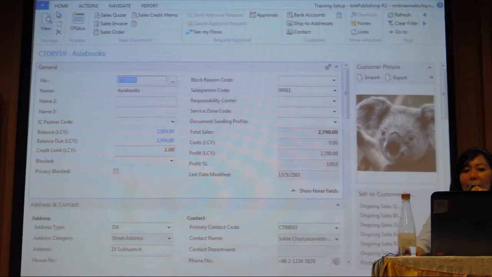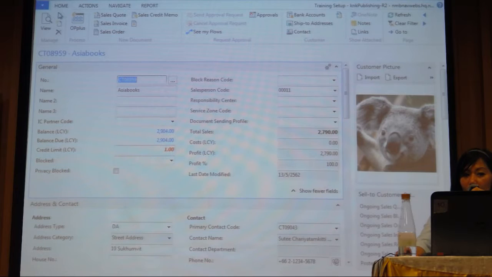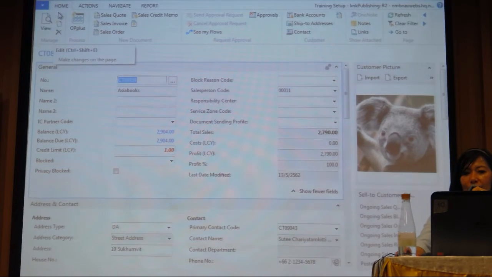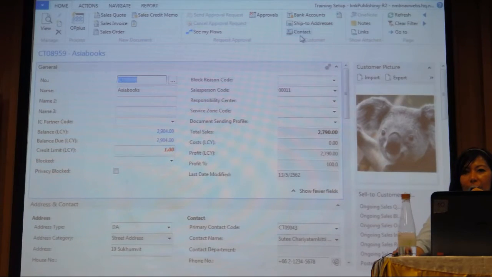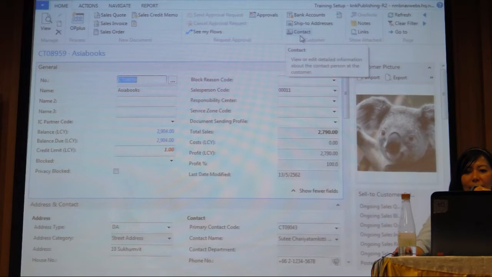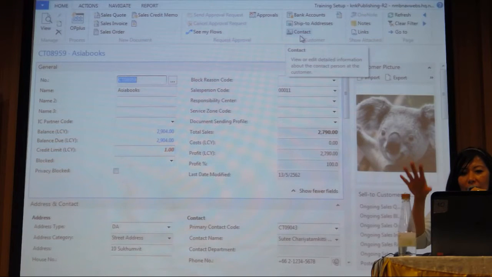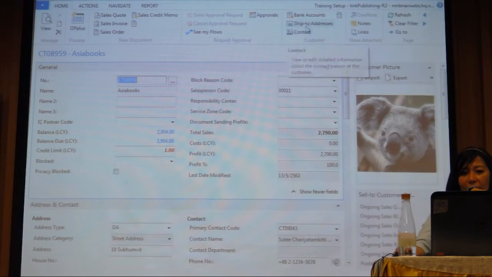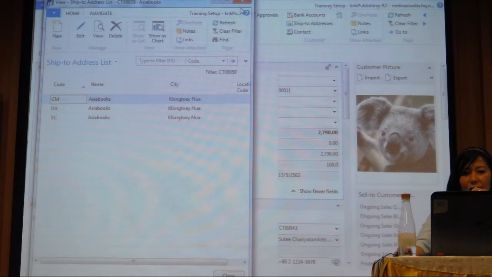So in the customer card, the ship to addresses is under home. โอเคอยู่หน้า home เลยนะคะ ship to address Okay, so contact, billing address. Customer, ship to address. โอเค ถ้าเป็น contact จะเป็น billing address นะคะ ที่อยู่ส่งบิล แต่ถ้าเป็น customer เนี่ยจะเป็นที่อยู่สำหรับส่งสินค้า